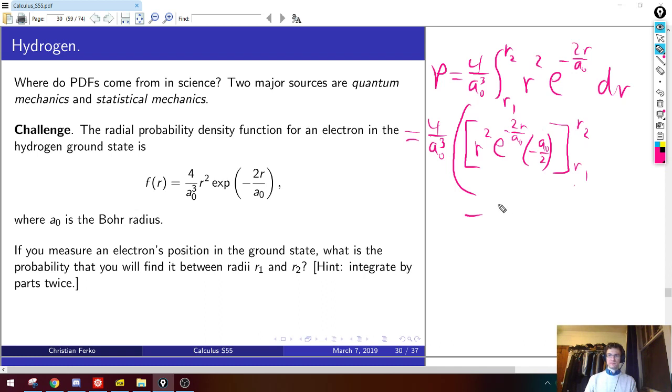The integral is going to be from r1 to r2 of 2r e to the negative 2r over Bohr radius times negative 2 over Bohr radius. Unless I'm still getting things wrong. Bohr radius over 2. Probably am, so it would be Bohr radius over 2. Because I can't integrate, right? Yeah, you want to divide by this thing. We aren't moving derivatives onto e to the jazz. Okay, but good, that's fine.